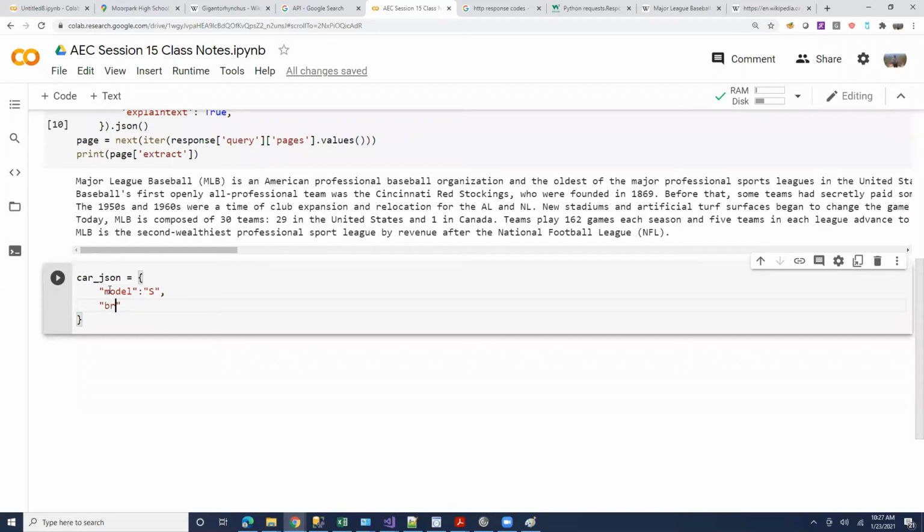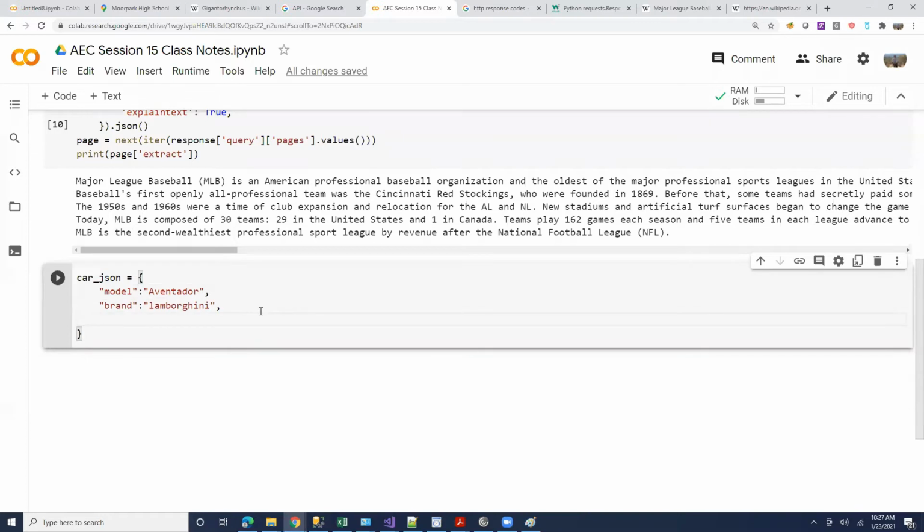Then you'll have brand. Someone wants to type Lamborghini. Okay, let's type Lamborghini. What model would we say? Aventador. Okay. What else would you commonly hear when you're talking about Bugatti Chiron? Okay, why not Veyron?